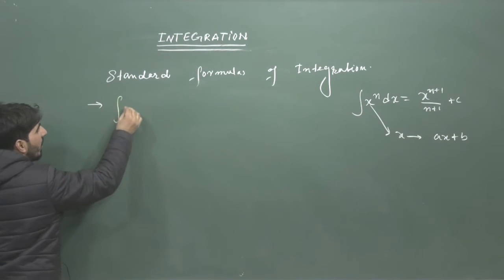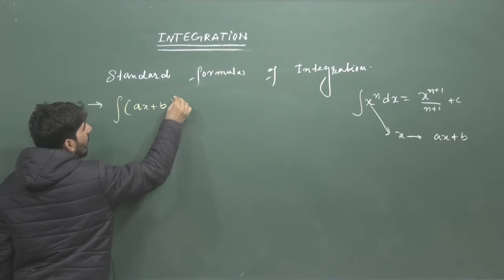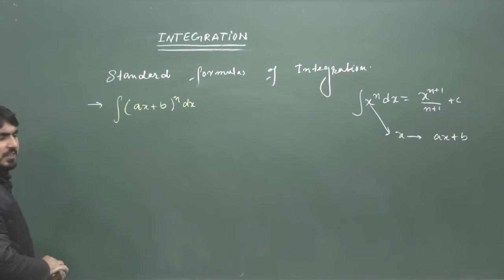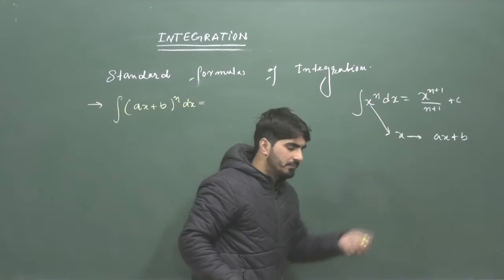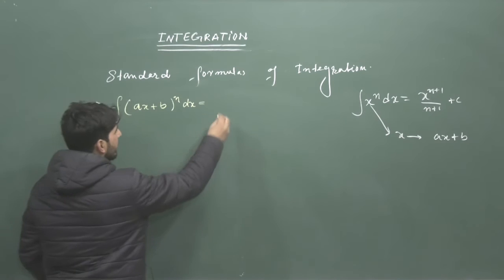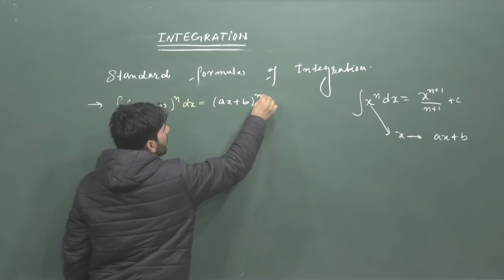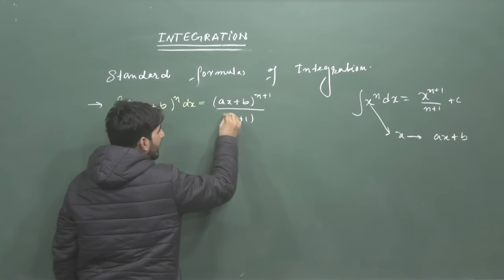So integration of ax plus b power n, its integration will be, use the same rule here, that is ax plus b raised to power n plus 1 divided by n plus 1